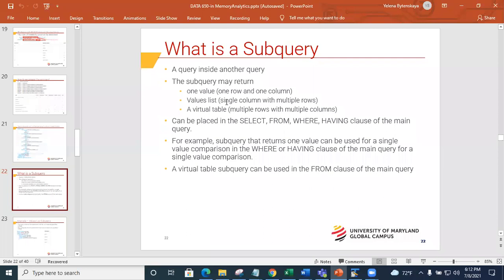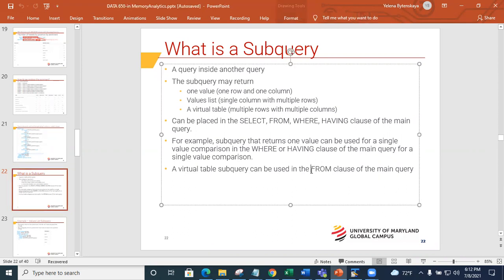If you have something this complex and you're doing it a lot, you would probably want to create a view and select from the view. If you have a subquery in a FROM clause, it's more like a virtual table, but for the WHERE and HAVING clauses, more likely the subquery returns one value or a list, okay?